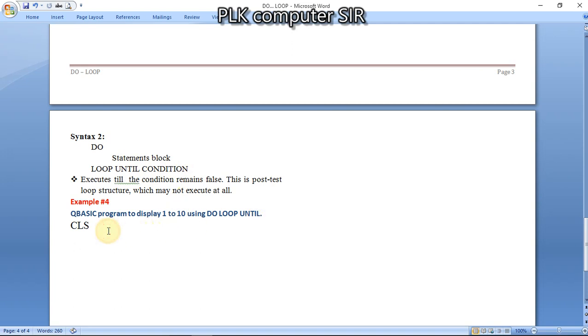So I am going to write the same program. Initialization I equal to 1, then do, we have to print, because the same thing we are going to print, then increment by 1, and then loop until I greater than 10 end, because we have to make the condition false to work.